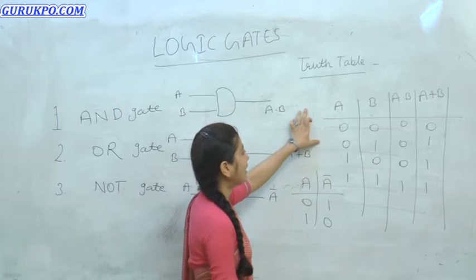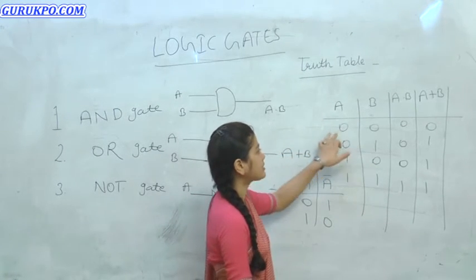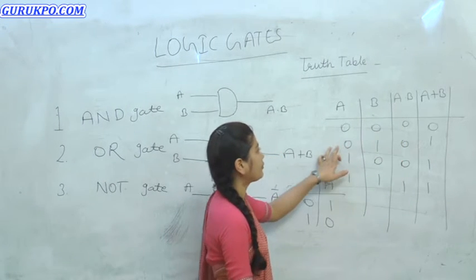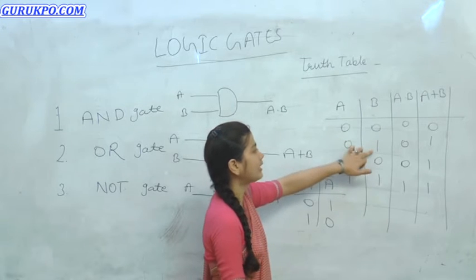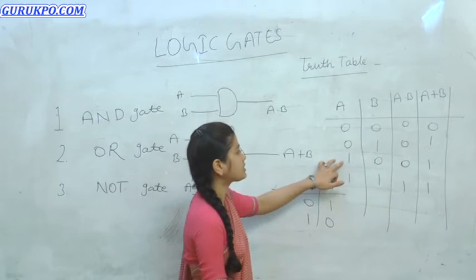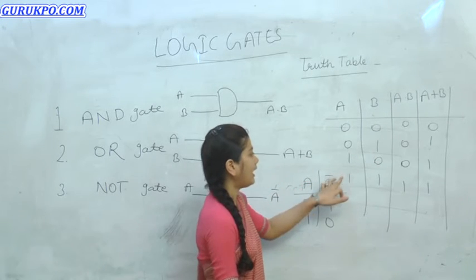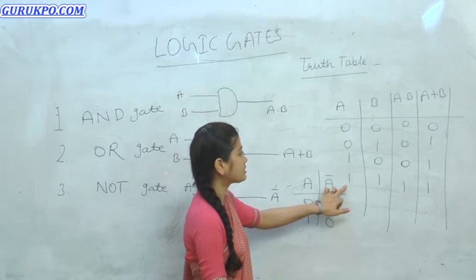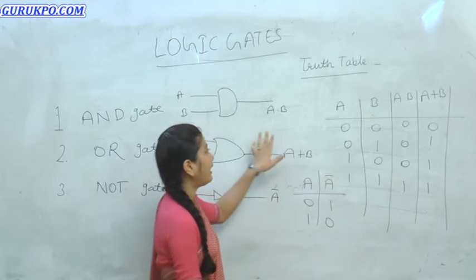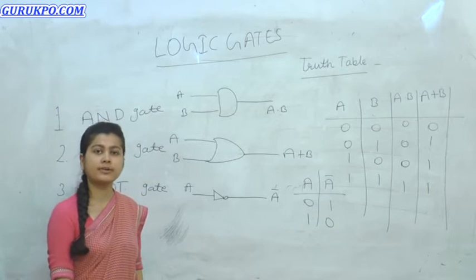In the AND gate, the first input is 0 and second input is 0, then the output is 0. If the first input is 0 and the second input is 1, then the output is 0. If the first input is 1 and second input is 0, then the output is 0. And if the first input is 1 and the second input is 1, then the output is 1. In the AND gate, if both our inputs are equal to 1, then the output is 1, otherwise the output